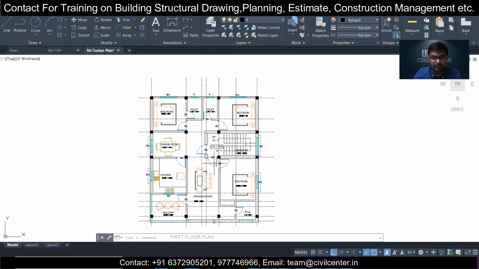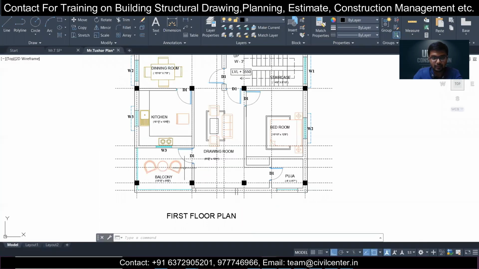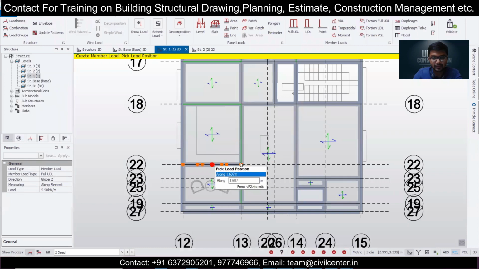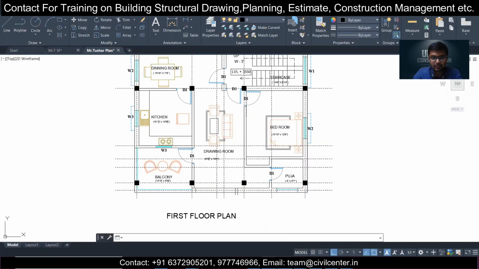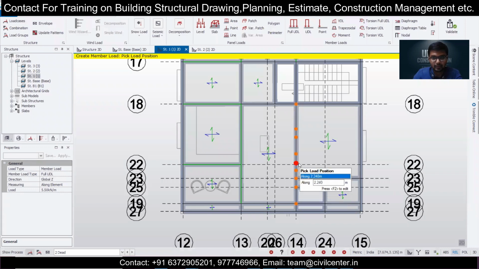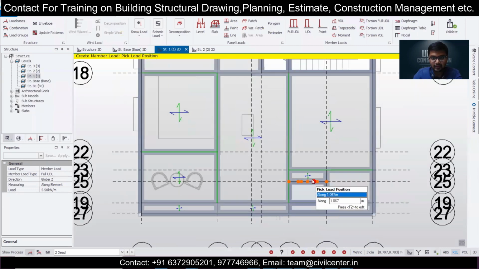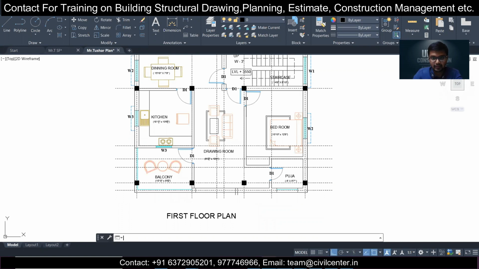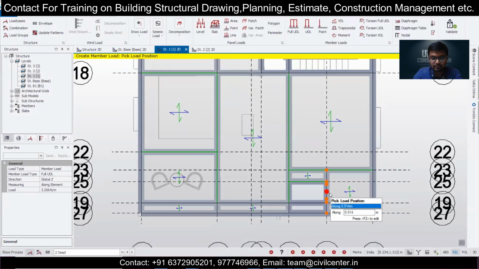And after that, in this portion, the full entire portion in this kitchen and balcony, we'll apply this along the right sides. So here and here we have applied this, and after we apply this, let's check this one also. This one also, this is a 5-inch wall load, 5.5. Let's give it here, here, here, and this one also, the puja room. And I hope there is a UDL here, full UDL 5.5 like this.